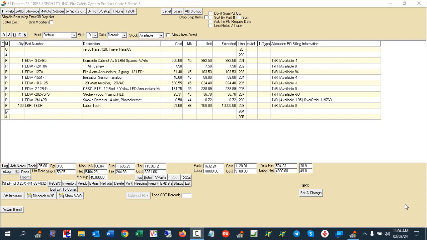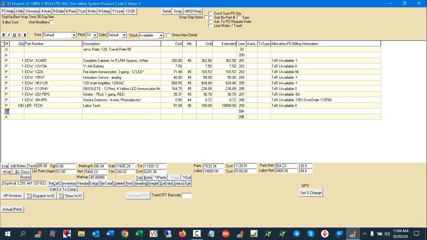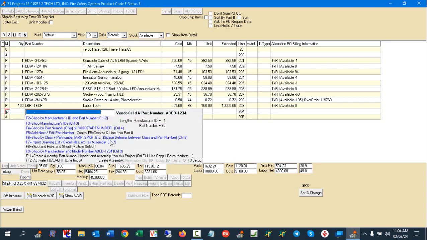This is a recording on using the subcontractor functionality of the project system. You'll notice we have a little quote here with some Edwards product and some labor. And now I want to bring in a subcontractor to do some work for me. And I do this by putting a part number. In my case, it's Dove